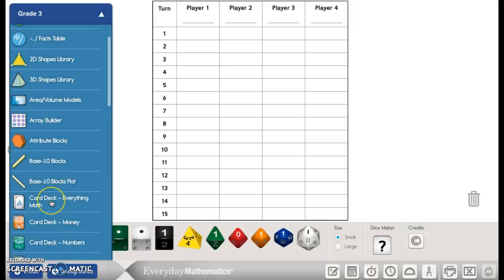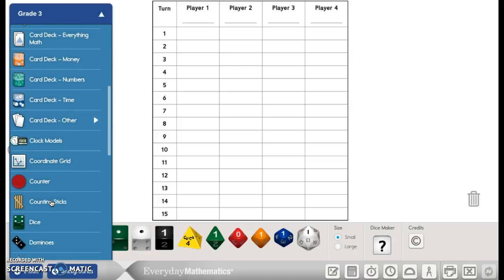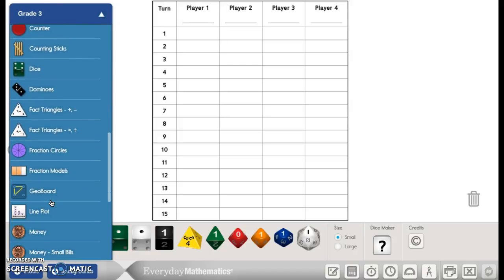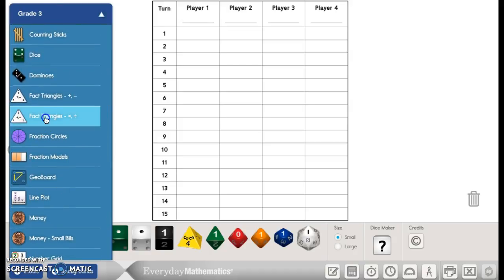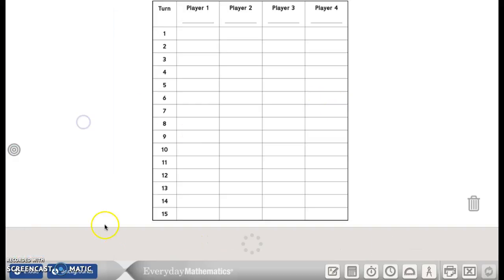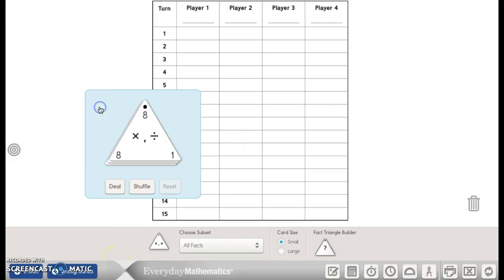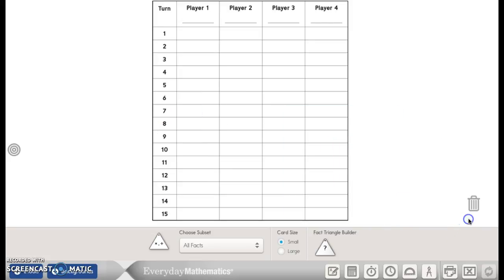So all of these tools are here to help play around fraction circles. Also, there's fact triangles. So if you don't have any fact triangles at home, sometimes people would like to print them off, but you can also have online fact triangles that you can shuffle them up. One comes out, deal, deal, deal. And you can go through all the fact triangles and then you can reset. So if that's a tool that you'd like to use at home also, there are so many things for you to use to practice math at